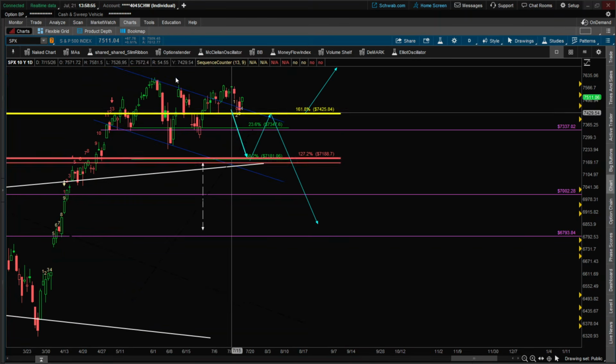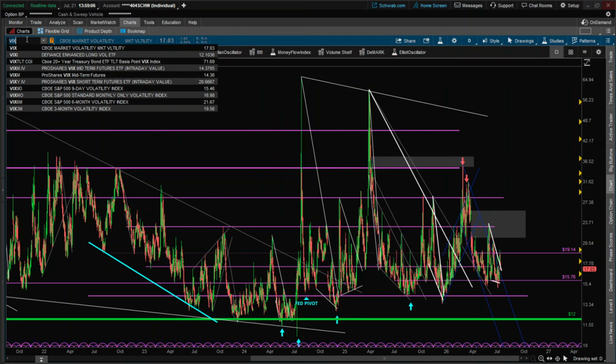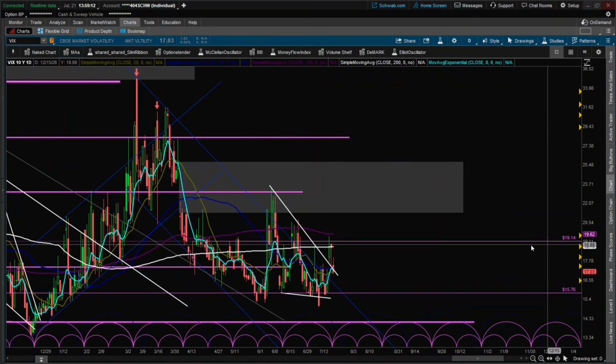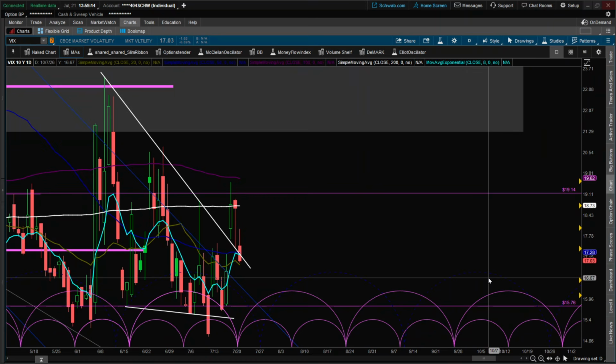Not at this time, nope. All right, LA oscillator neutral. Okay, we're virtually just waiting for price action to give us any sort of bias confirmation to the upside or downside. But if we bring in the VIX